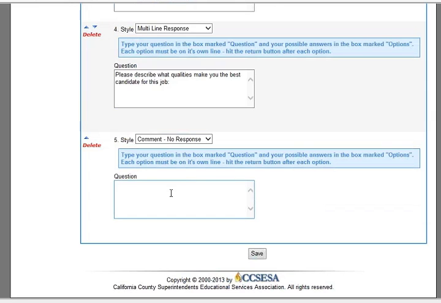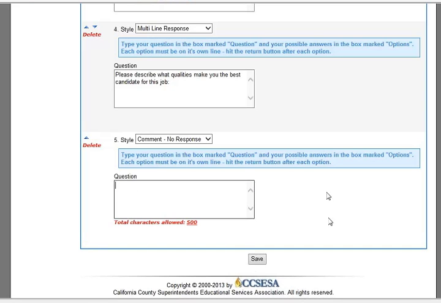But you would also use this if you had a question that more than one answer was possible, then you could use this for that purpose. And I'll show you how right now. If you put comment, no response, and then put in what grades are you willing to work? Especially if you've just put teacher elementary school, rather than making it a specific 5th grade, 4th grade question. If you use the comment, no response to ask the question,